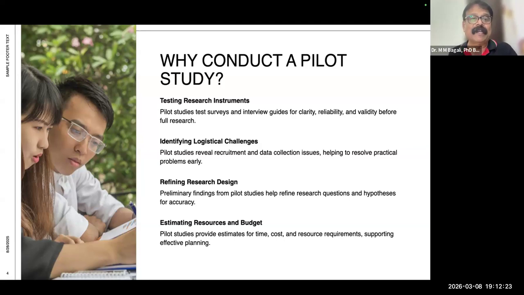Case study would be a very better way, or some other methodology would be a better way. So why we need to conduct a pilot study is that a pilot study tests surveys and interview guides for clarity, reliability and validity. When you go with 10 questions, you should be clear all these 10 questions are addressing my research objectives, my research purpose.